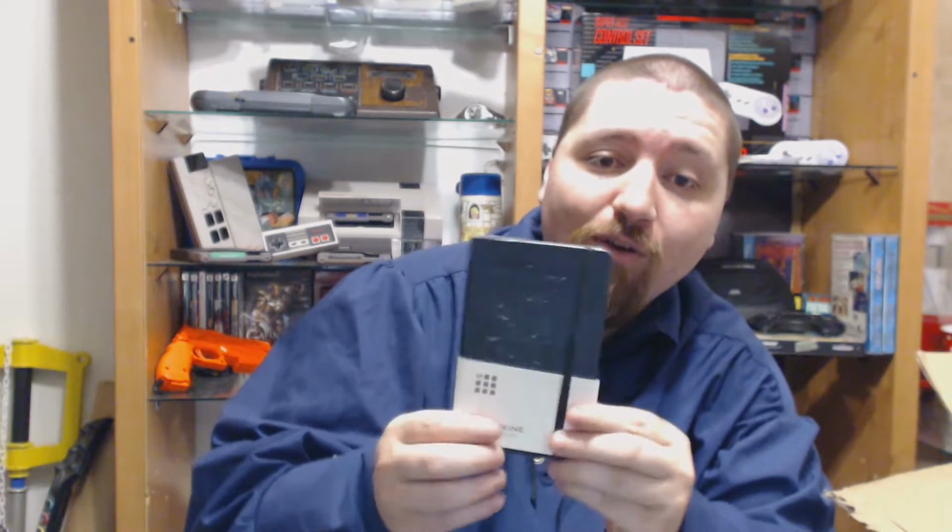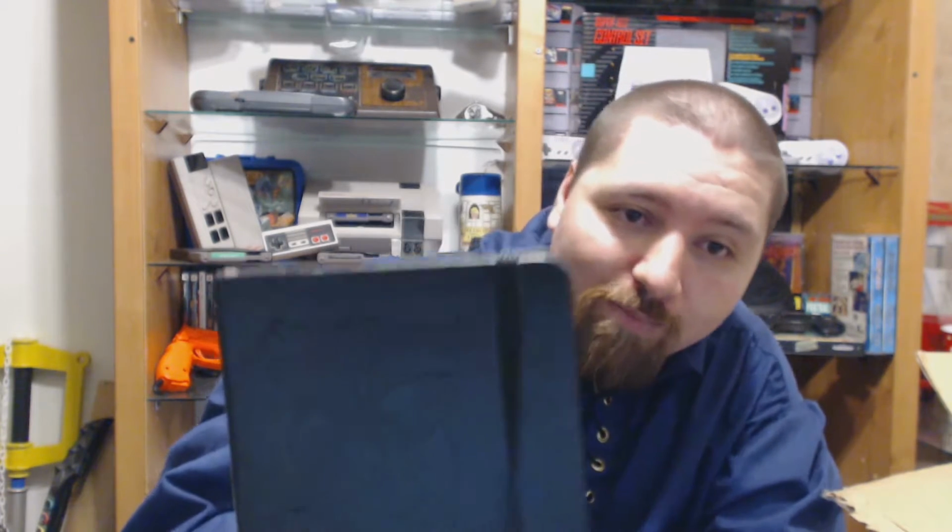But yeah, there you go, the little Everquest book. And if I put that a little closer, you can see that there is a little symbol on the front of it right there, Everquest journal. And I'll show you guys one more time the coffee mug up close, that way you guys can see it right there. We'll do a little spin around,